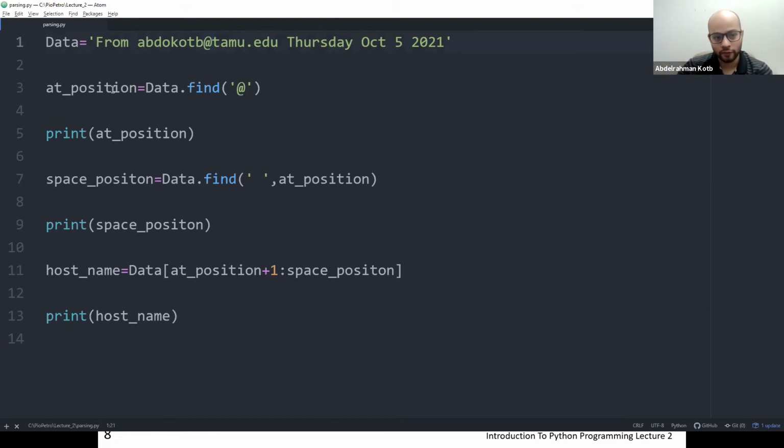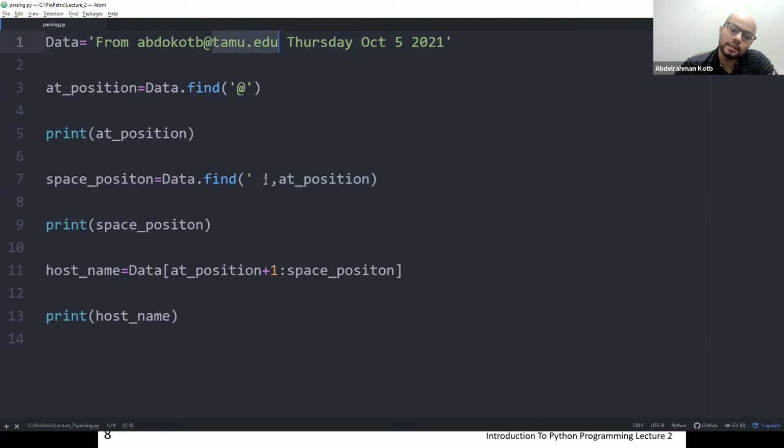So find @ gives me the position of the @. Then I say, find the space after the @ position. Because if I just say find space, it's going to find the first space and say, I'm done. But that is not the space I'm looking for. I'm looking for this space and this @ so that I can get this.